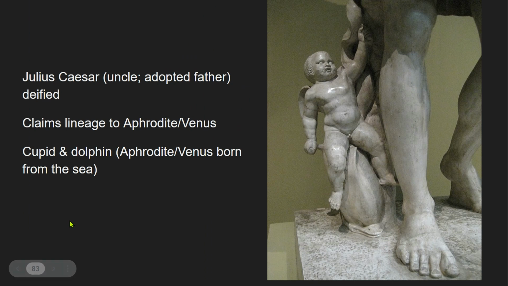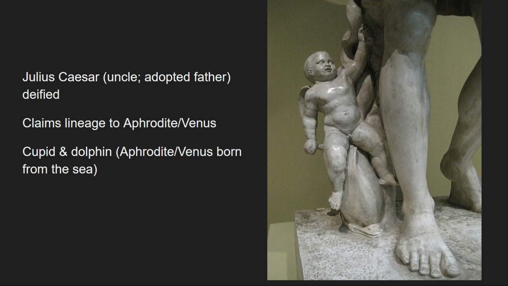So, again, remember, he is the blood lineage of Julius Caesar. He was his nephew, though Julius Caesar officially adopted him, so he's also technically his son. And Julius Caesar had been deified, which means he was considered a deity. This had not been done before by emperors, but it is done for most after, at least those who were well liked by the later people. Now, Julius Caesar claims lineage. He's been deified, so he has godly blood in his veins, and he claimed lineage to Aphrodite, or aka Venus